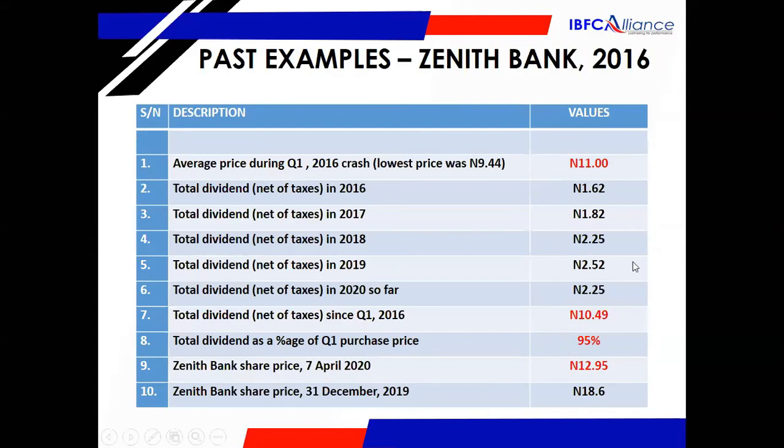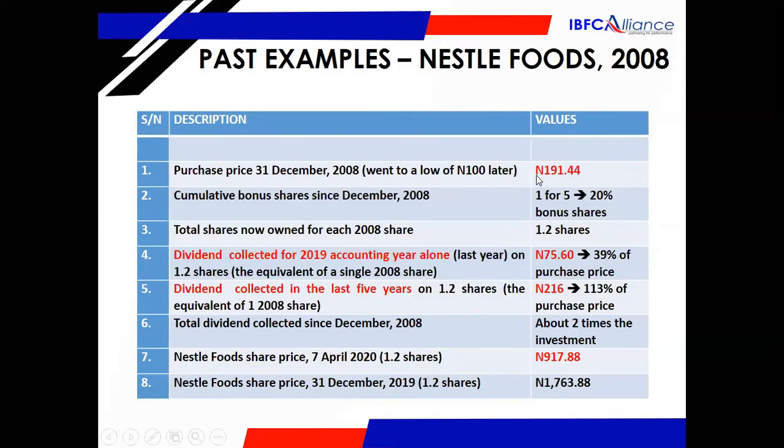Now, if you go to this, we had the global financial crisis. We had the Nigerian economic recession. We had inflation. We had the dollar move from 120 to 360 or 400, depending on where you sit. And yet the company posted these results. So what that does is show you that these companies, at least in the past, have demonstrated that they've been able to go through economic challenges and come out. By the way,